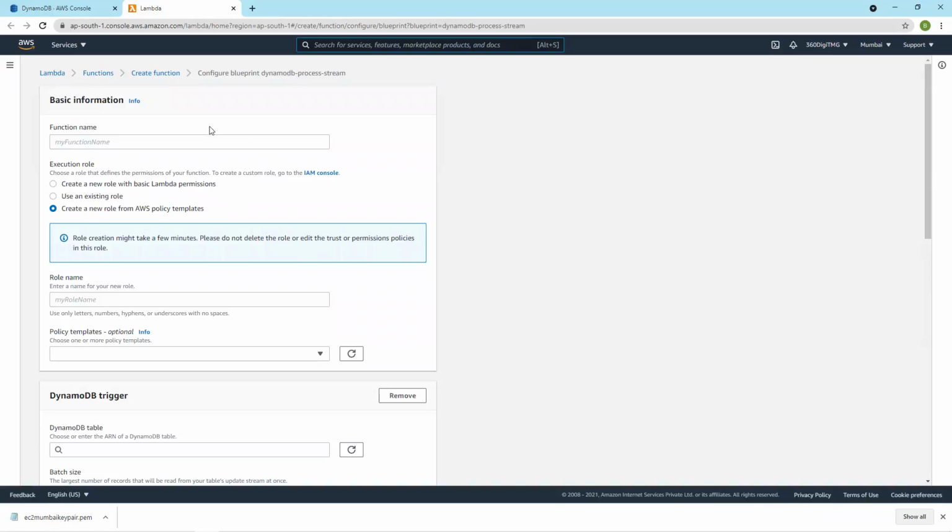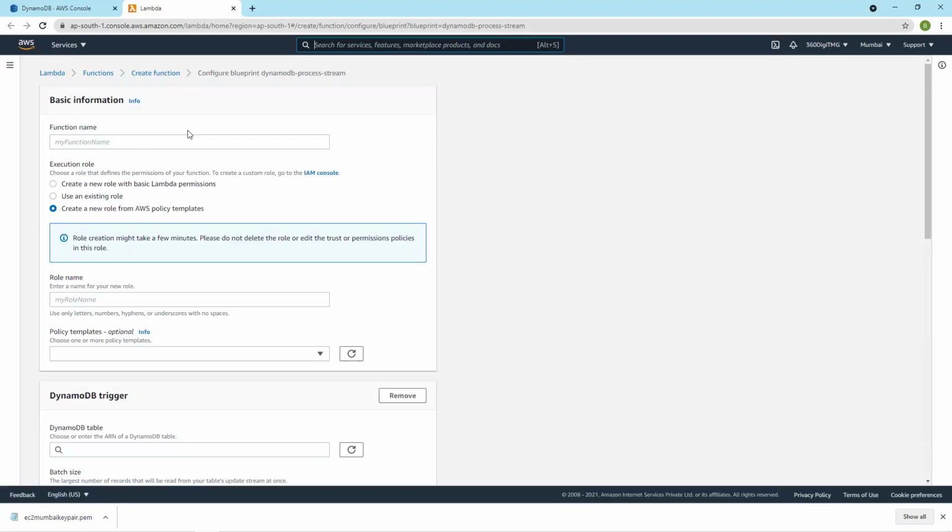Lambda is also called serverless computing. What serverless computing means is that with Lambda, you can run a piece of code without underlying dependencies.